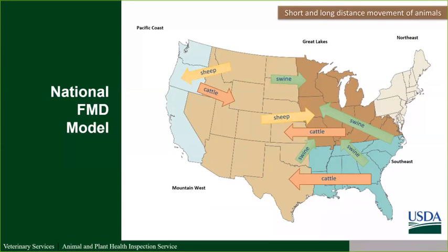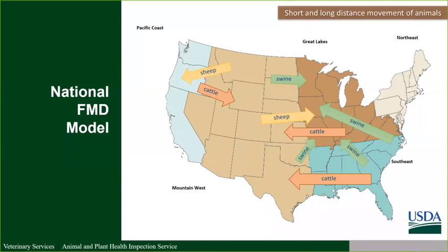For instance, movement or even management practices of dairy in California are very different than those in other states or other regions of the U.S. The colors on the maps that you're seeing there are one grouping of states into regions, and we can do this many ways, but it's a capability of our model. We also account for indirect spread from movement, which includes people and vehicles that could potentially spread disease, as well as local spread, or disease spread associated with distance between infected and susceptible farms via mechanisms that are difficult to trace, such as wildlife.